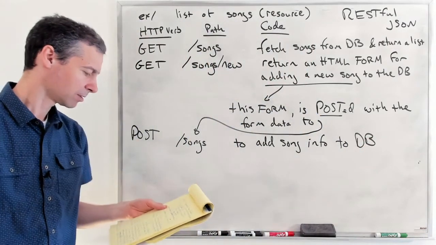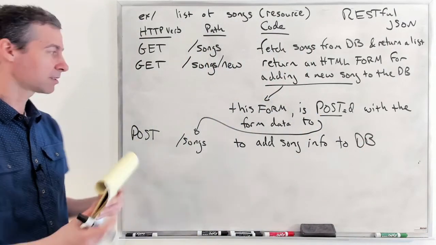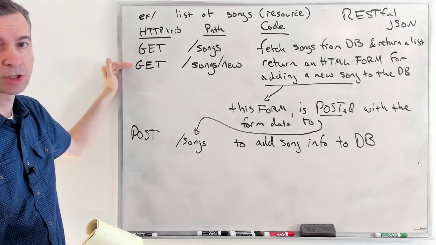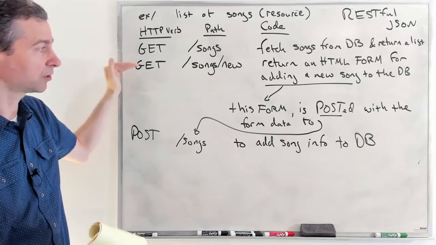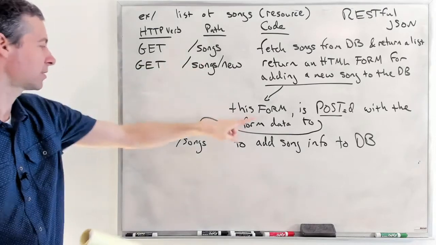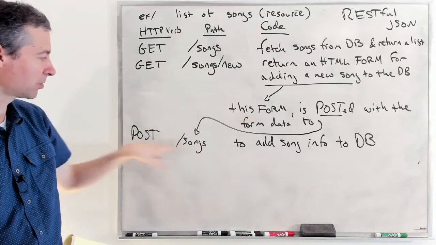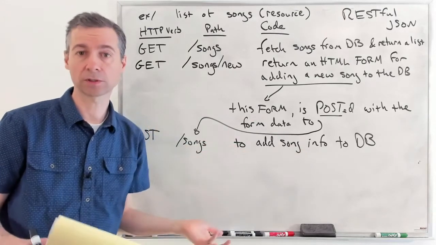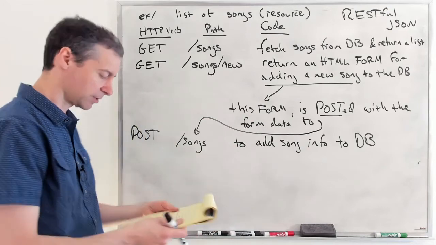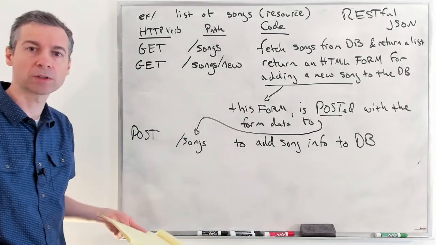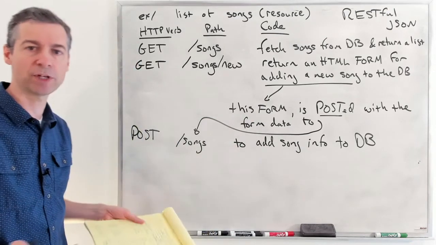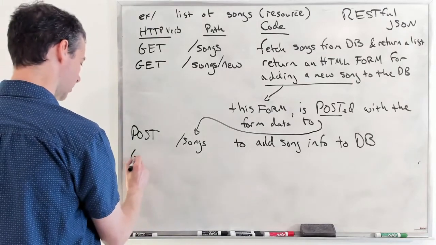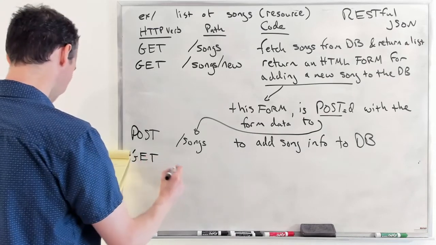Okay. Now, that's great. We can see our songs. We can get a page that'll give us a form that when we fill it out and hit submit, we send that form with a post to /songs to add that new song that we typed in to the database. Now, what if we want to look at detailed information about an individual song? All right, so that we do as a get